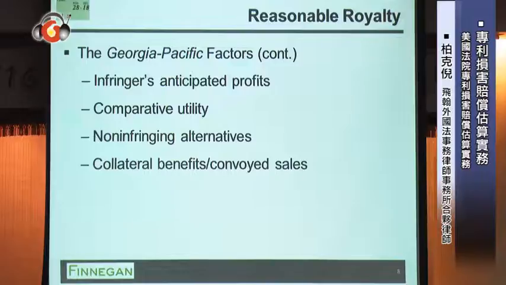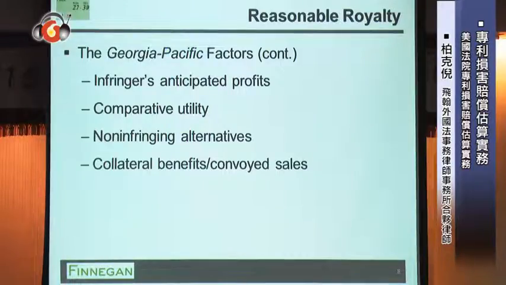The comparative utility of the infringing technology compared to other technologies, especially non-infringing alternatives. It makes common sense that if a patent owner is going to sit down with an infringer and start driving a very hard bargain, start asking for a lot of money, the infringer is going to say, I don't really need your technology. I can go and I can license a patent from somebody else, or I can develop my own technology in-house very cheaply. It may not be quite as good as the infringing technology, but it's worth it considering how much money you're trying to charge me. So if there are alternatives, that'll drive down the price of the license.